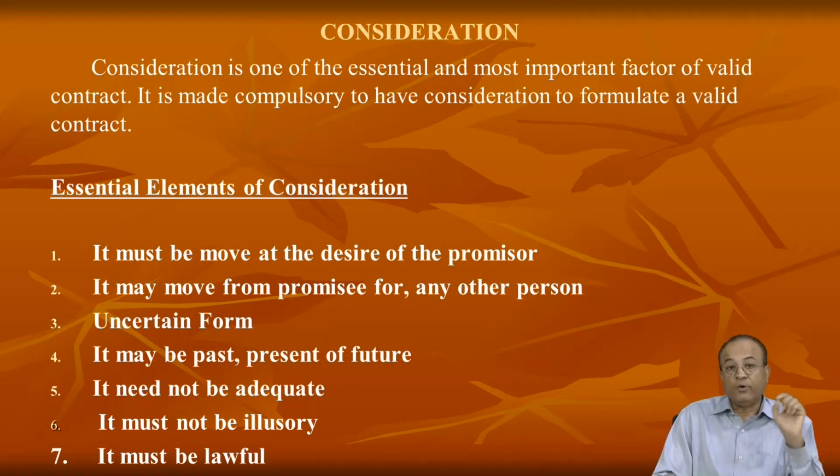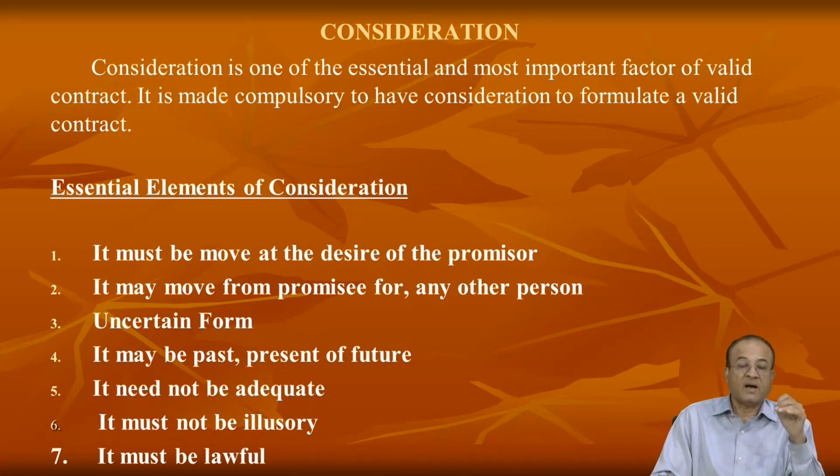Exception to the rule: no consideration, no contract. Consideration, the most important element of a valid contract, must always be present in a contract to be enforceable. If the consideration is not present in a contract, according to Section 25 of the Act, the contract becomes a void agreement, void ab initio, and no right shall be conferred on either party under the contract.